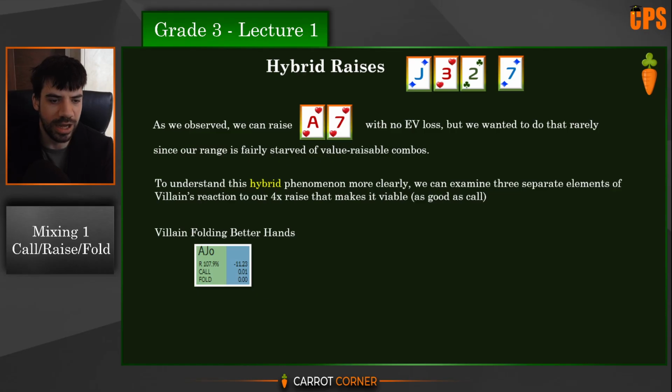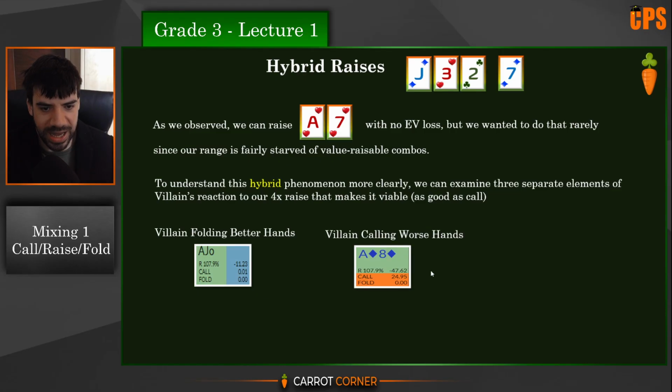You have to be careful here before you actually work your way down your range in this linear way as Cutoff, and just say I call Ace-Jack because it's above Queen-Jack. You've got to think about removal effects. Secondly, villain can be calling with worse hands, so when we go ahead and make a hybrid raise such as this,